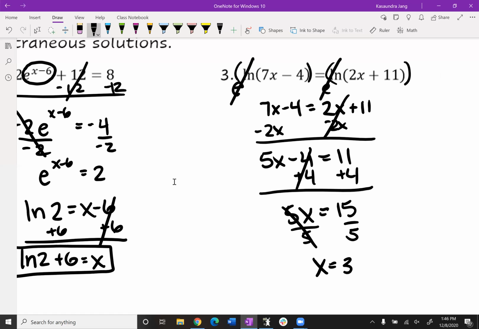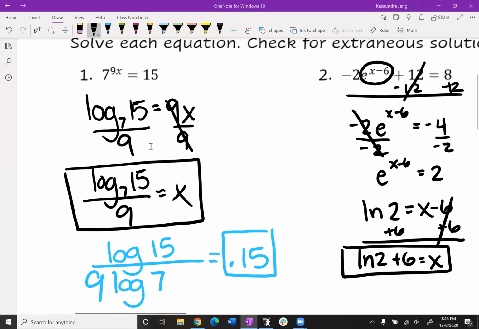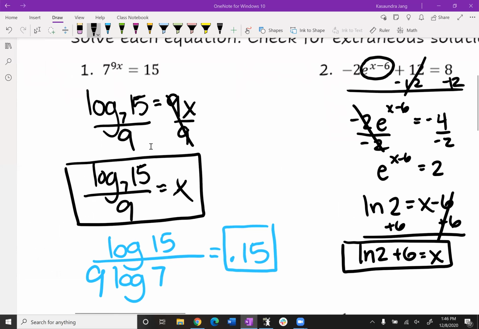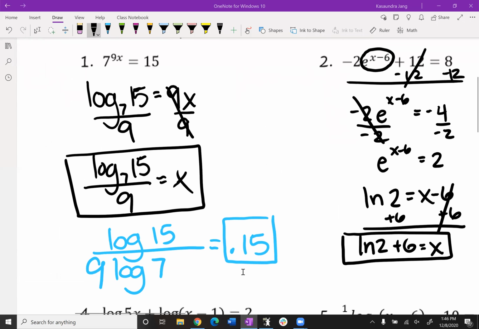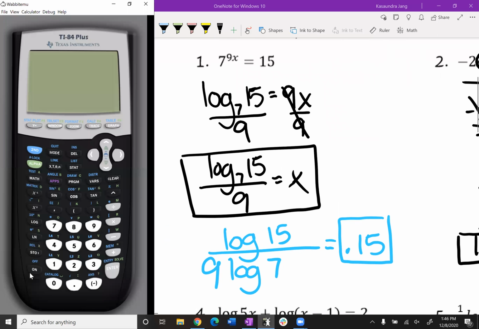Nice. Okay, so you know what we haven't actually done yet, which is a huge advantage for you guys? We haven't checked any of our answers. Like, on your test, you can check and make sure you got it right. So let's see here. On number 1, if I'm checking my answer,